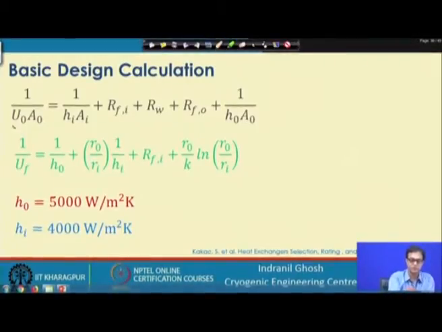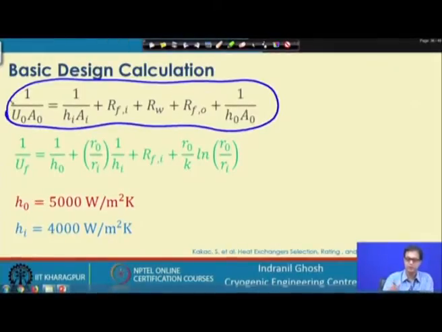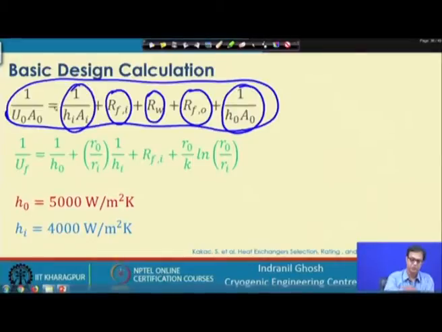So, this is the overall heat transfer coefficient, where we find this is the wall resistance, this is the fouling resistance inside and at the outside. Then we have the overall resistance of the external one,